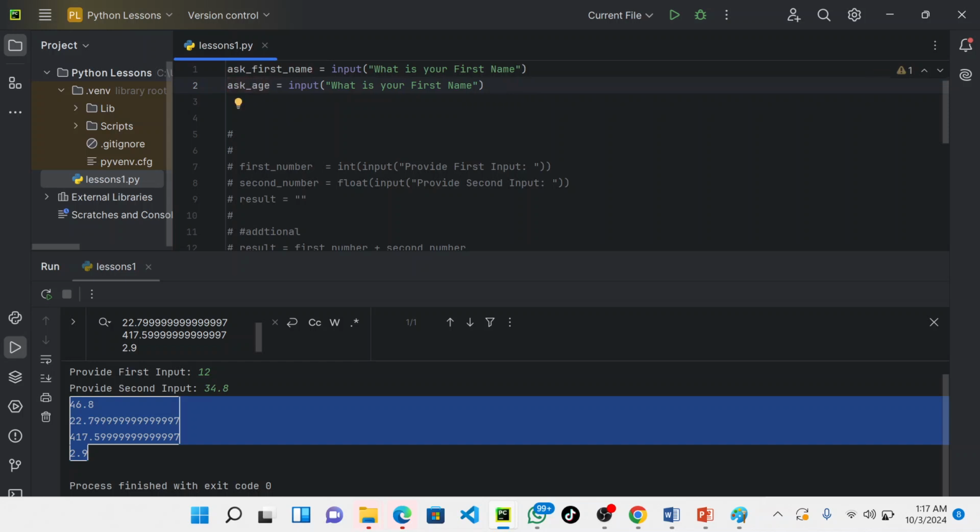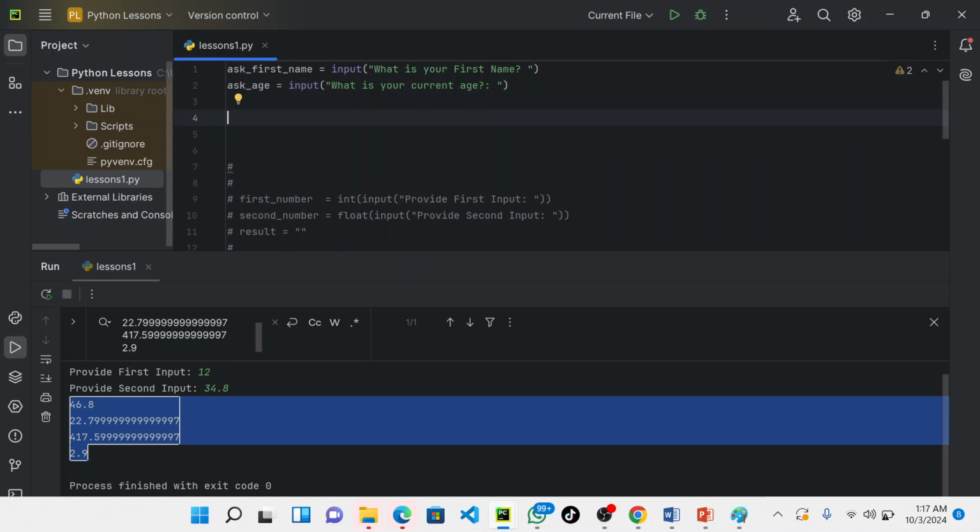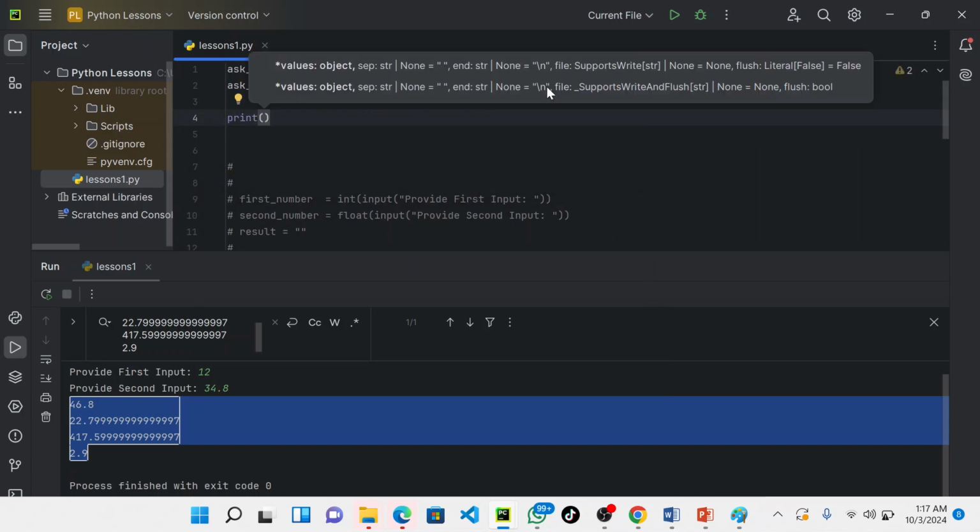So what I will do basically is ask what is your current age. What I will now do is predict what their age will be in the next 3 years. So after I do that, let me say print ask your name,